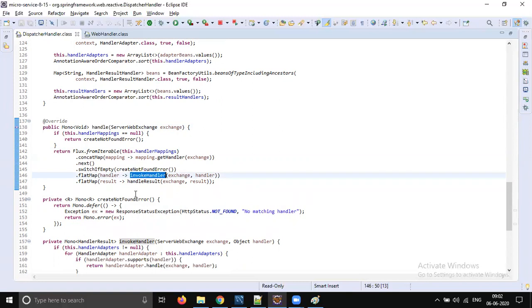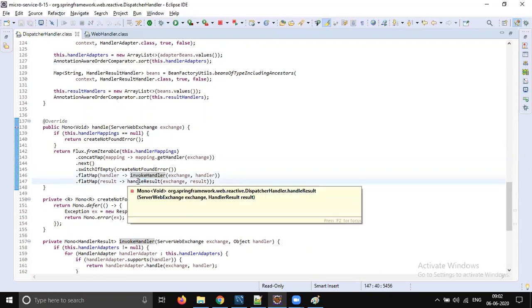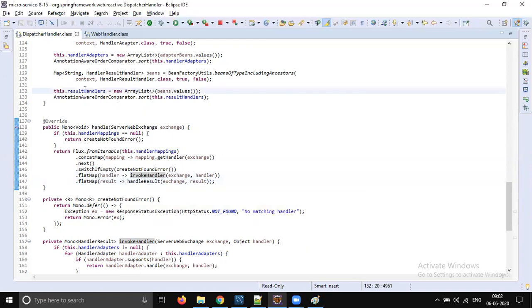Once we get the mapping, we hand it over to the handler adapter. The handler adapter will go and execute that controller method, and the final result is taken care of by the result handler. The terminology is a little different here: handler mapping, handler adapter, and result handler.